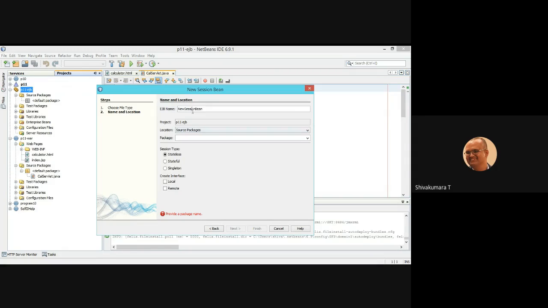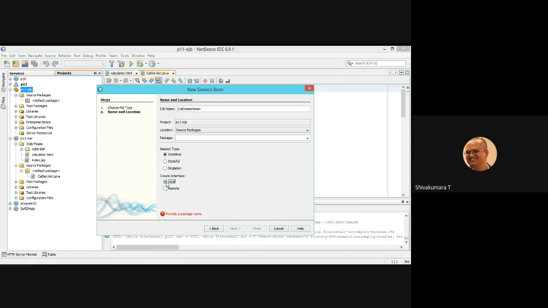Provide the session bean name as new session bean, or let it be as it is, or add session bean, or cal session bean, calculator session bean. As I discussed in the beginning, session types are three: stateless, stateful, and singleton. So I'm going to show the demo on stateless. Then create interface.